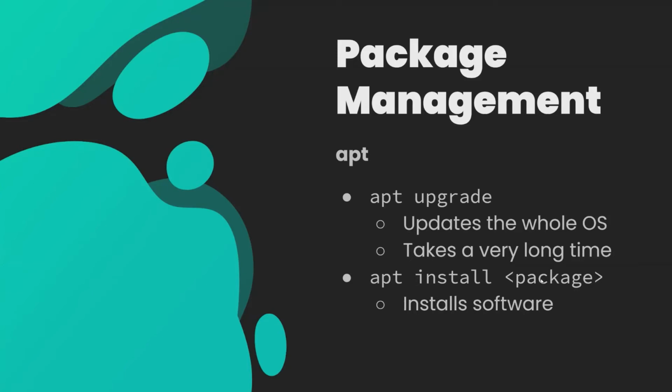So if you know the name of the particular software that you're looking for, then you would specify apt install and the name of the program. Chances are you probably wouldn't know the actual name that it's called in the sources. So usually when you're looking to install software, their website for that particular software would tell you the name of the program, such that if you run apt install, it would retrieve it.